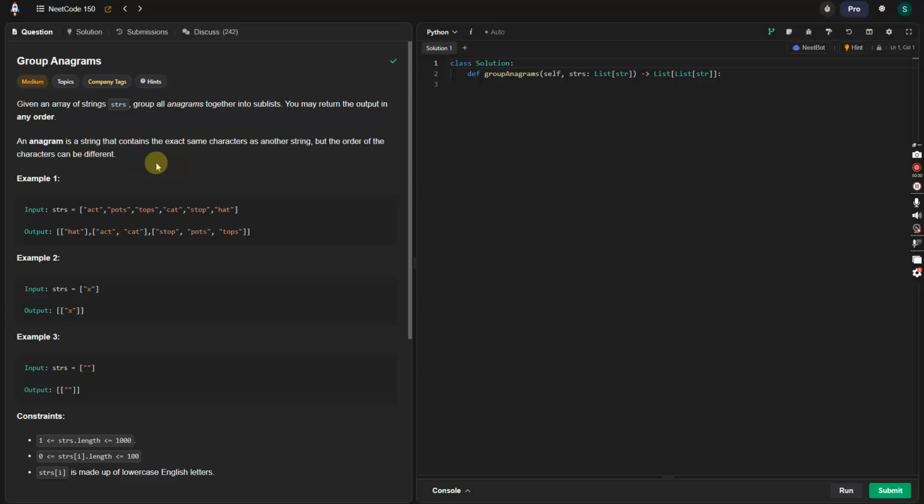So here we are given an array of strings, strs. Group all anagrams together into sublists. You may return the output in any order. An anagram is a string that contains the same exact characters as another string, but the order of the characters can be different. So we have act, pots, tops, cat, stop, hat, and